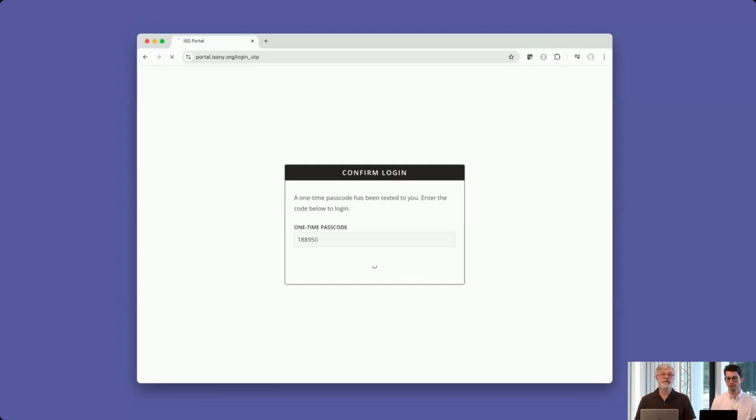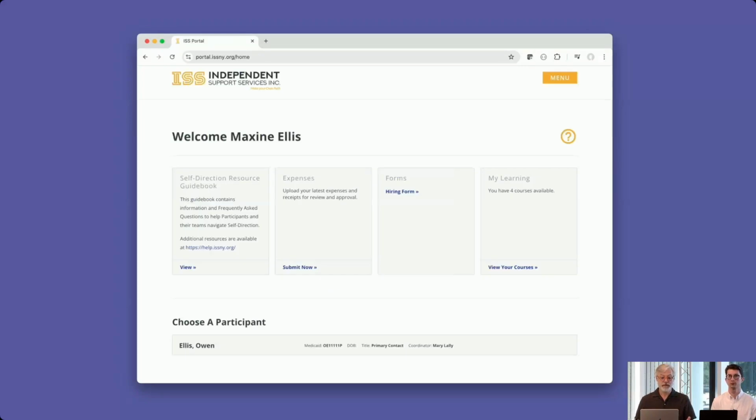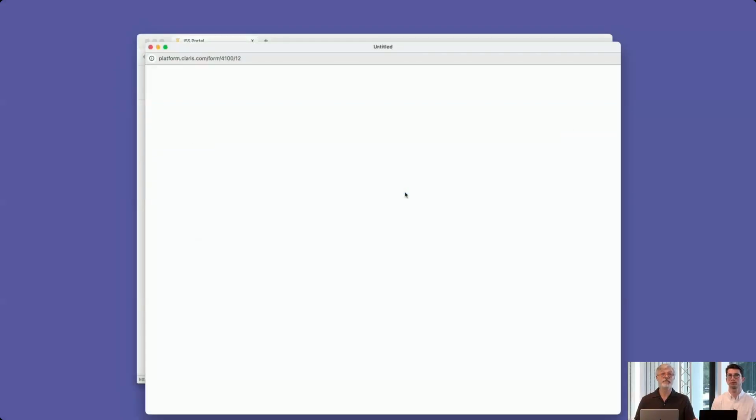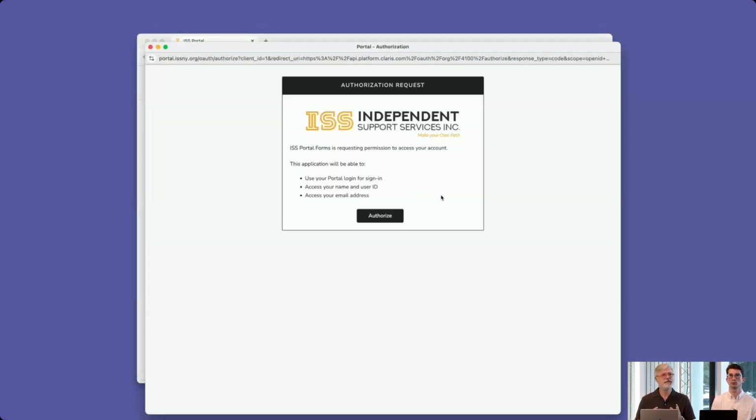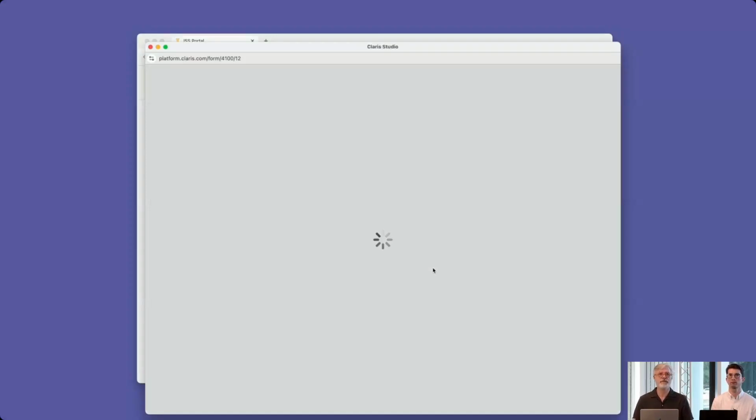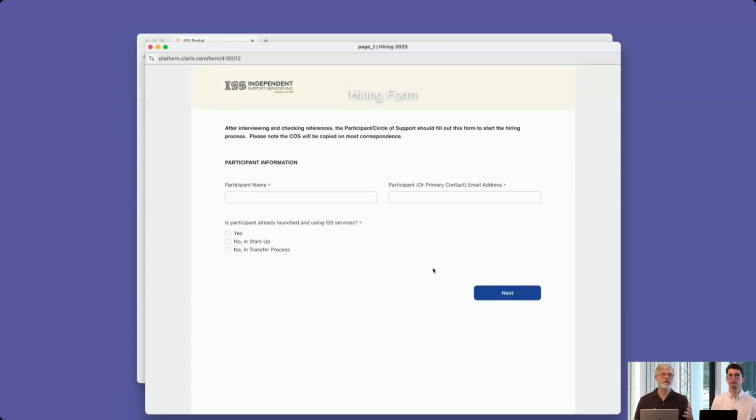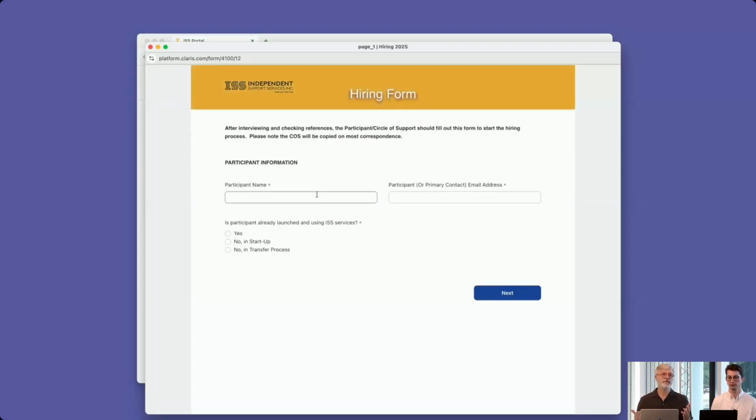Now, once Maxine is logged into the portal, it looks mostly as it looked before, but she has a new widget here. It's a forms widget, and on that widget, she can see a link to the hiring forms. So she clicks it, and since this is her first time, we give her an OAuth grant request, telling her how we're going to use that information. So she clicks authorize, and she is now brought into the Claris Studio portal form, where she starts to provide